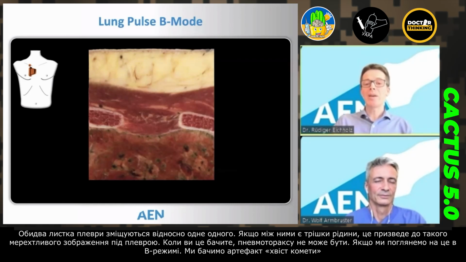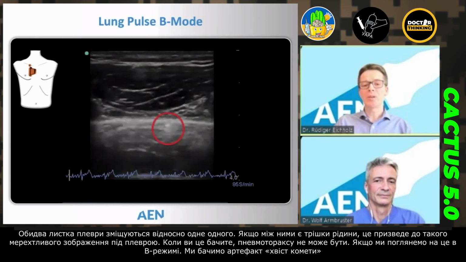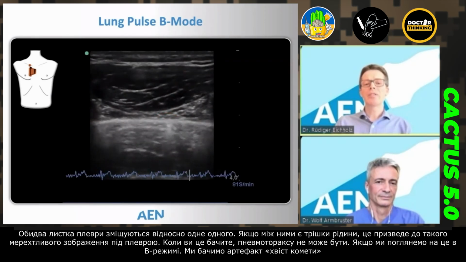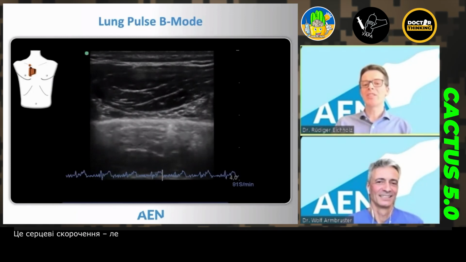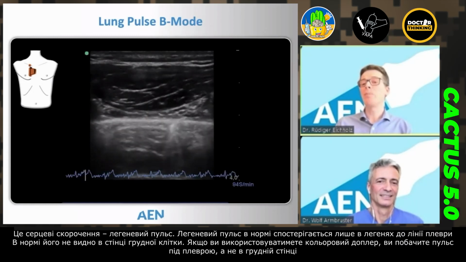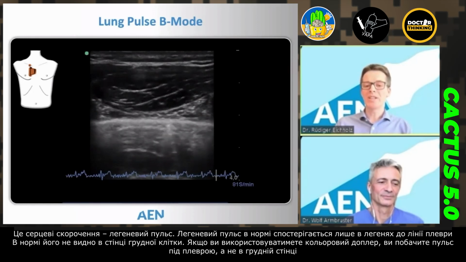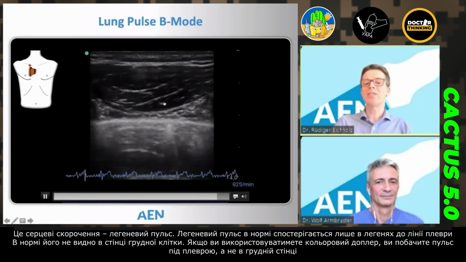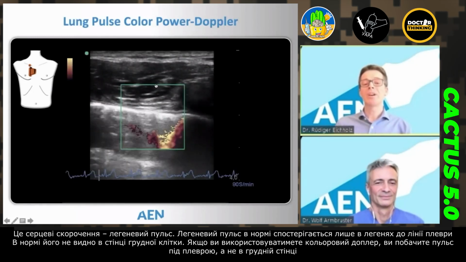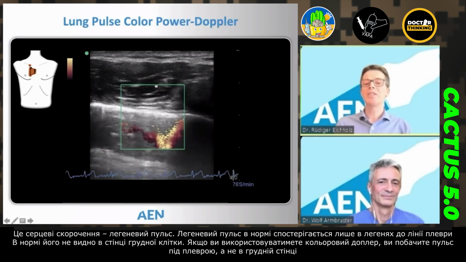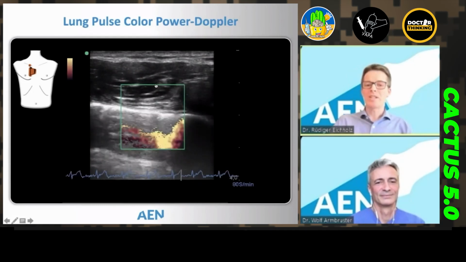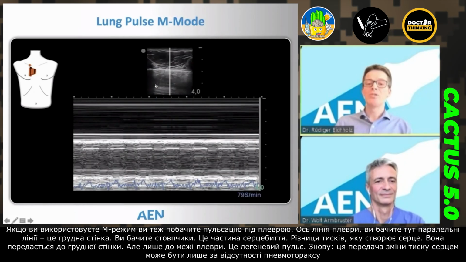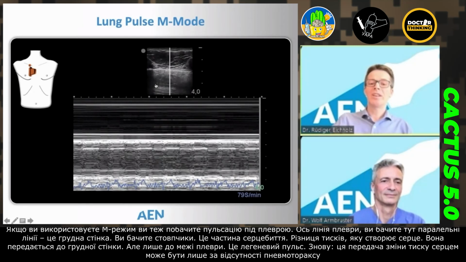And if we look at this in M mode, as we explained before, we had one aperture being activated, and now we've got, oh, sorry, it's B mode. So we've got one comet tail artifact now, and you see that this is exactly the heart rate. So this is called the lung pulse, and the lung pulse normally is only visible inside the lung until the pleura. It is not visible inside the chest wall. So when you put color power Doppler on it, you only see it underneath the pleura and not in the chest wall. And likewise, if you put the M mode on it, you can only see this pulsating thing